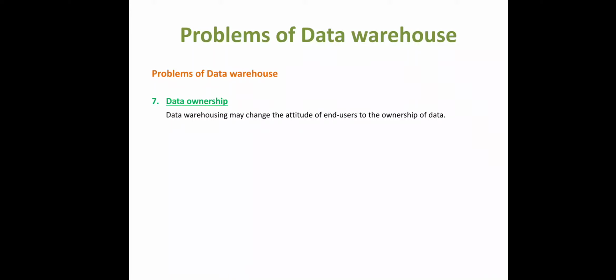The next thing is data ownership, which means data warehousing changes the attitude of the end users to the ownership of the data. The sensitive data that are owned by one department has to be loaded into the data warehouse for decision making purposes, but sometimes it may result in reluctance from that department because it may hesitate to share it with others. If I stored some data of my department in our data warehouse, I may not want to share that data with another department. So there will be some concept of ownership. I am the owner of that data, so why should I share it, or I will hesitate to share that data due to some personal information or anything. In such a case, this ownership concept may create a problem for a data warehouse.